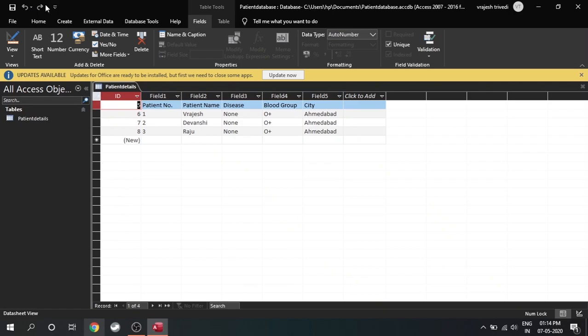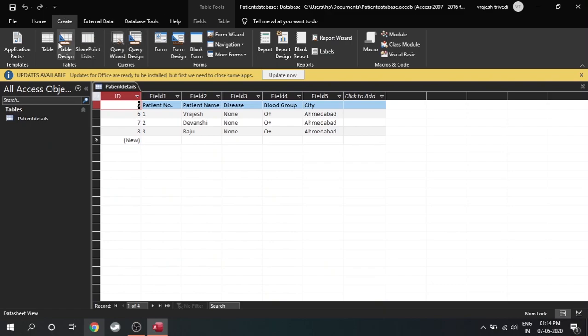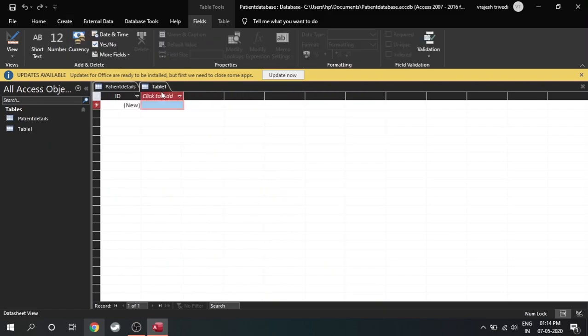Then I can create another table by going to create table. So I can also create a table for doctors or anything. So for example, if a doctor has any particular information about that patient or any particular records that he wants to add in the database, then he can do that too.